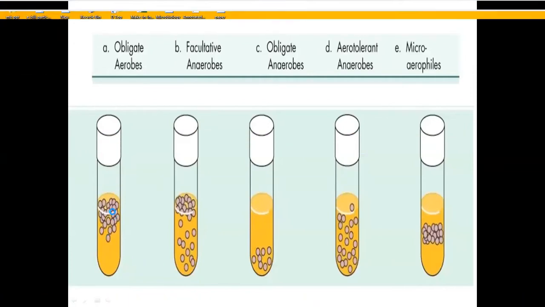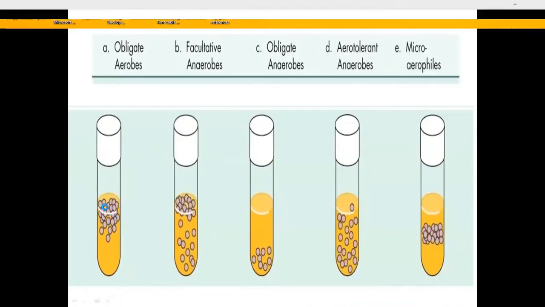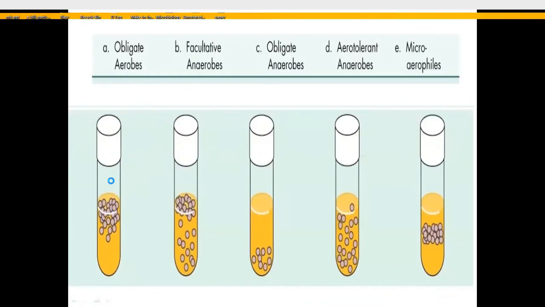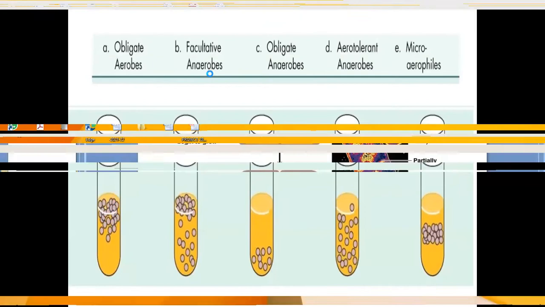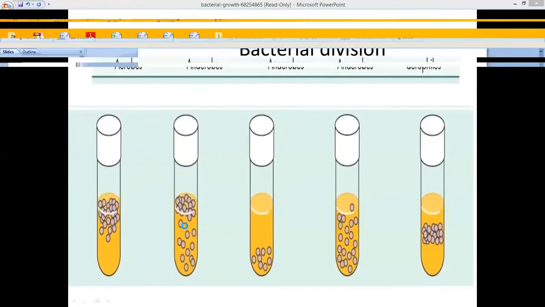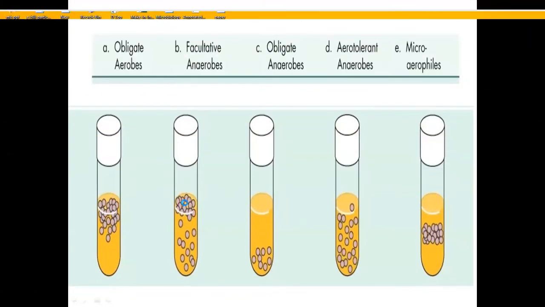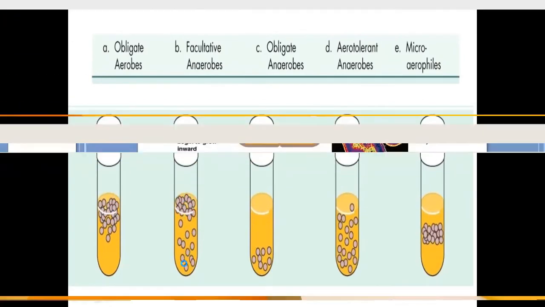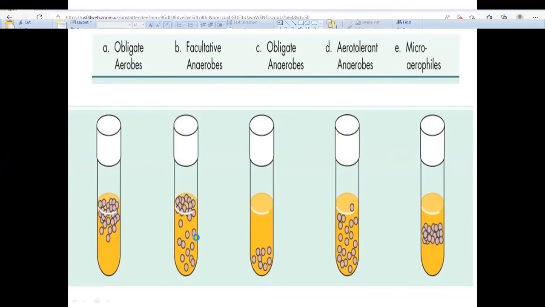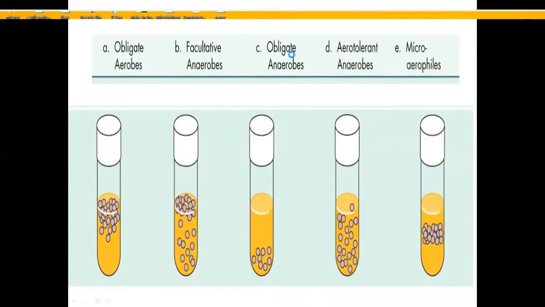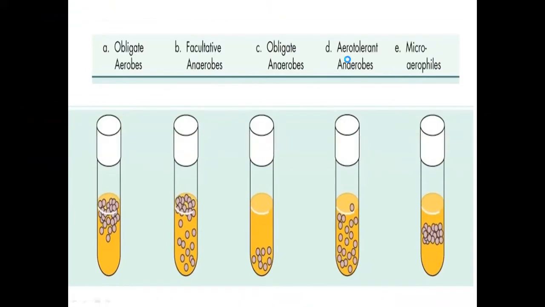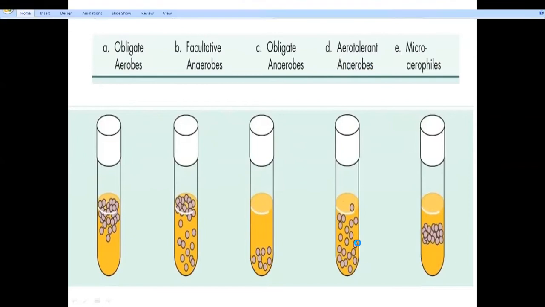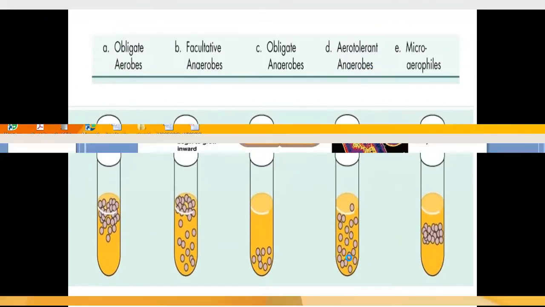Similarly, oxygen requirements: microaerophiles, anaerobes, aerobes, we have seen. Here, in this slide, you can see these are obligate aerobes. As they require oxygen, they are coming up to the top of the tube of the media to take the oxygen. And facultative anaerobes means they can grow in the presence of oxygen, but sometimes they can also grow in the absence of oxygen. So some cells are at the base. In the third tube, obligate anaerobes. They do not like oxygen. Definitely all the cells will go down. And aerotolerant anaerobes, actually they are anaerobes. They love the anaerobic conditions, but now